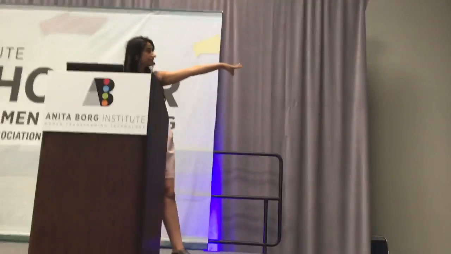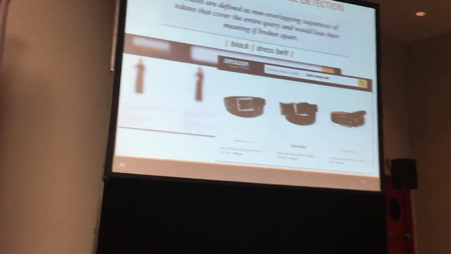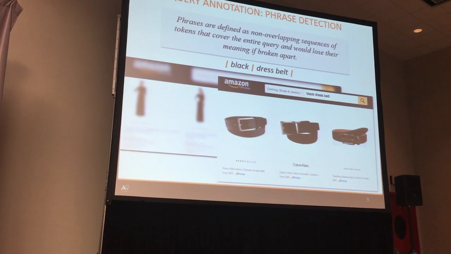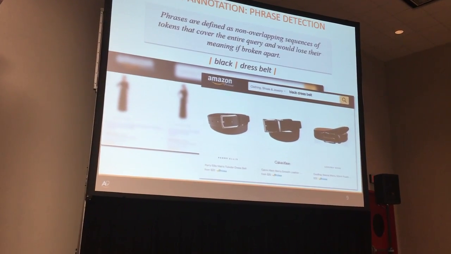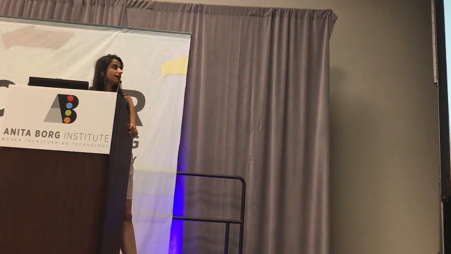So why do we want to do it? Say we didn't do it. We just treated the query as a bag of words and we just used unigrams. Unigrams are like the words of the queries, right? And then we'll match that within the product. So we get products like these. And what this means is, I don't know if you can see it, but the title here says dress with belt, dress with ribbon belt. So it has the words dress and belt in it, but it's not together. It's not a concept in itself, right? Now if we do phrase detection, what we can do is actually match dress belt with dress belt in the product. So on the product side, in the title here, we actually see dress belts and we get the right product, right? So how do we do it?